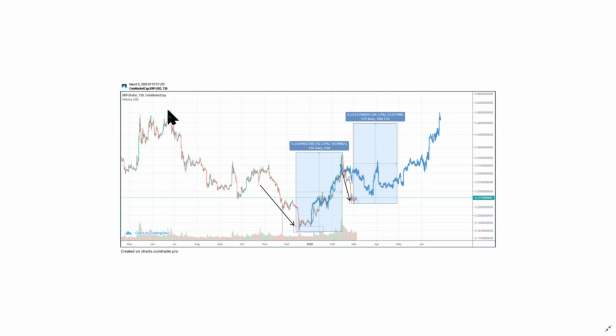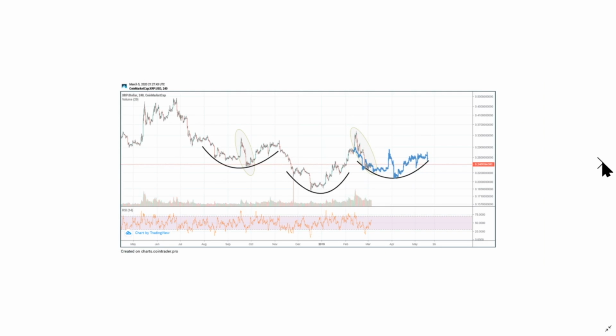Now if we try to look at this, say for example, we are mirroring this pattern from here to this side so that we get a rounded bottom. Now that is just an imagination that this is going to repeat in its opposite phase, because I believe we are in a transition from this area, that is the bear market rally here, into a bull market. Now that is based on science, right? Now when we look at that, we also have to look at other possibilities.